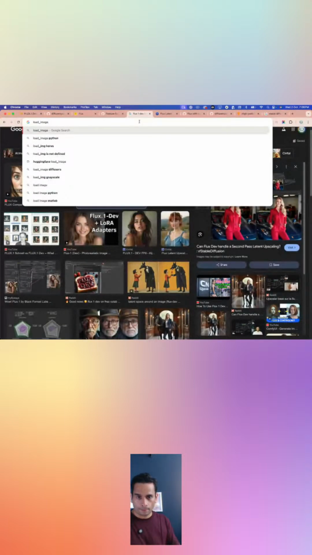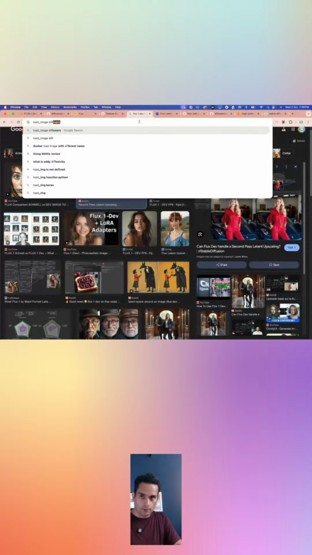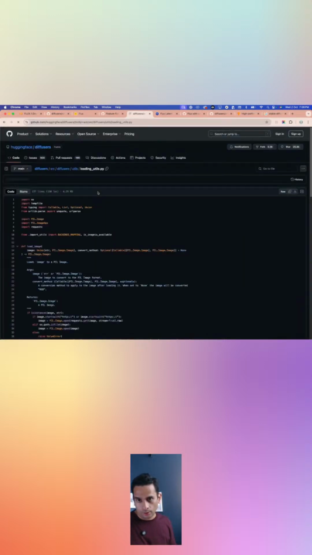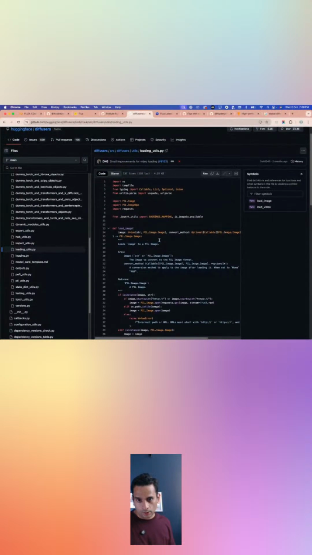diffusers utils load image, right? So load image, diffusers utils, and how are they doing it? Load image gives a Pillow image, so we can